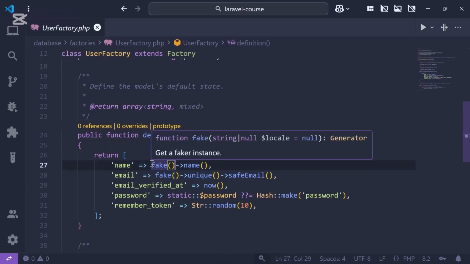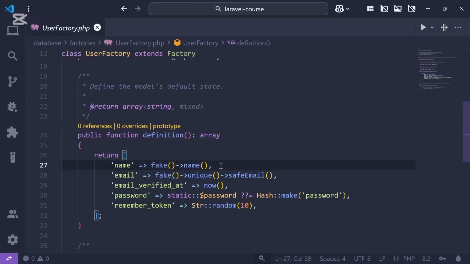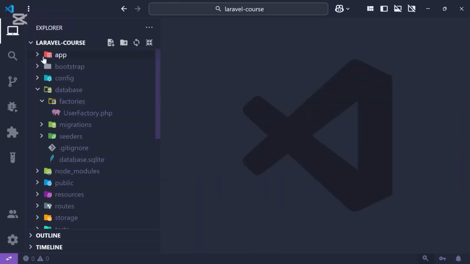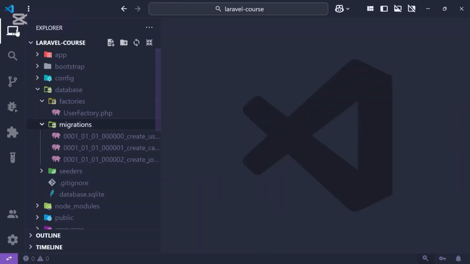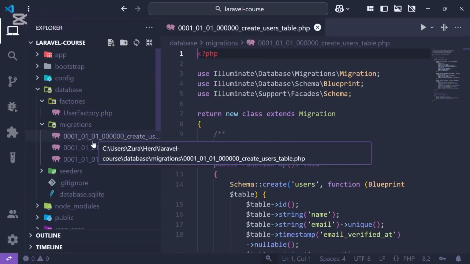Right? So this Faker package provides some useful methods to generate some fake name, fake and unique email address, and so on. Okay, inside migrations, we have 3 default migrations at the moment, and we're going to create more migrations,